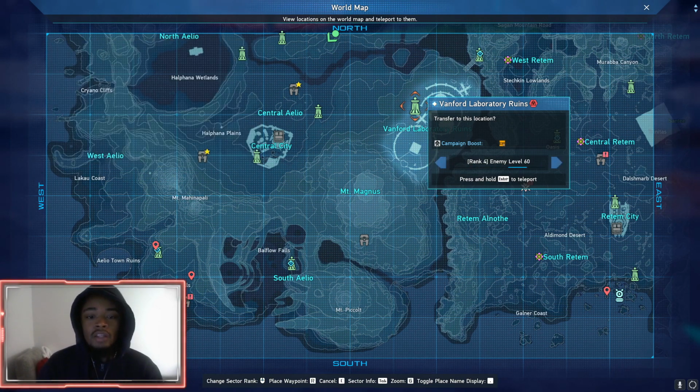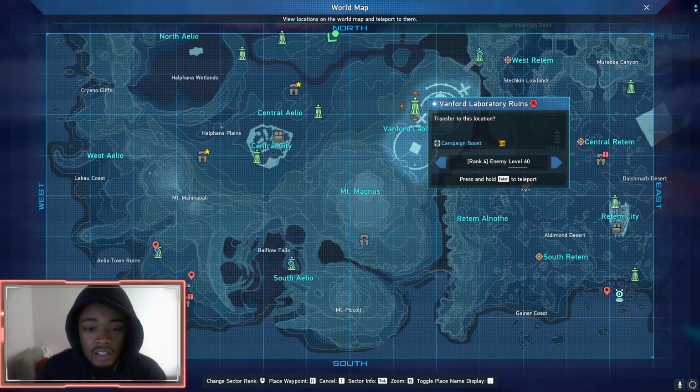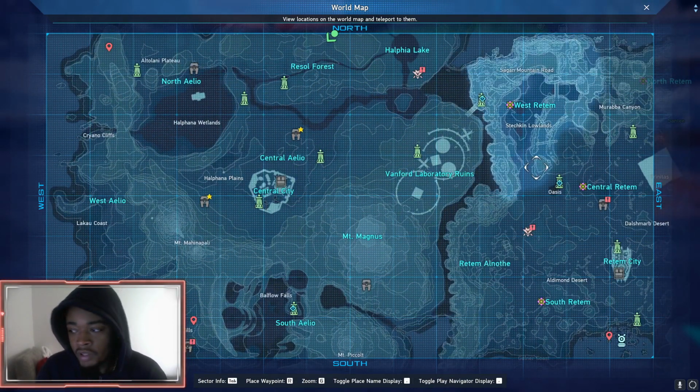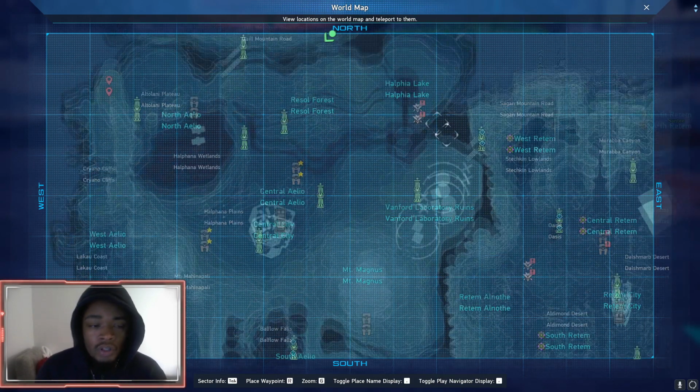But yeah, you're going to want to farm in the proper rank that's close to your level when you go to these areas. So just make sure that you have the waypoint in order to change the rank of the area. Always collect the waypoints. That's why the interactive map is going to be really important. Alright, so